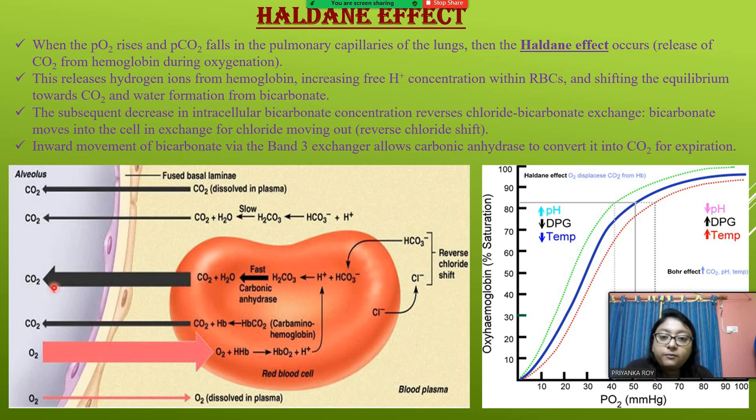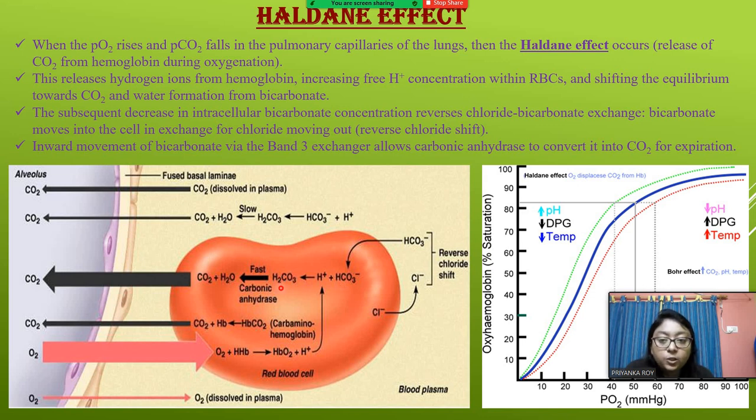So this CO2 is again converted back. As you can understand, this Haldane effect is just the opposite of the chloride shift. In the pulmonary capillaries of the lungs, when the oxygen pressure is quite high, the hemoglobin will tend to form oxyhemoglobin and release carbon dioxide. When it is releasing carbon dioxide, the HHb, that is the reduced hemoglobin combined with hydrogen ion, is releasing H+ ions. These H+ ions will start reacting with bicarbonate ions, and will form